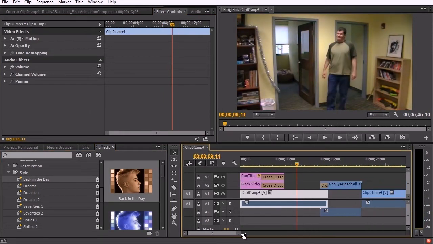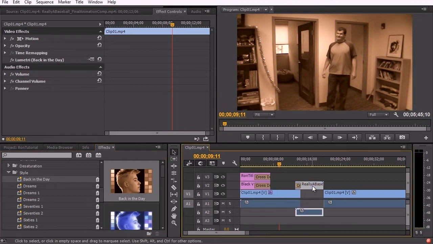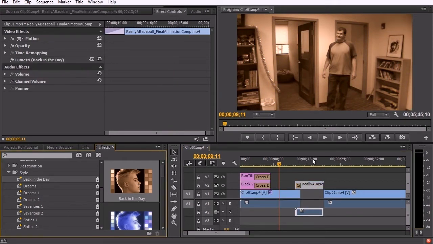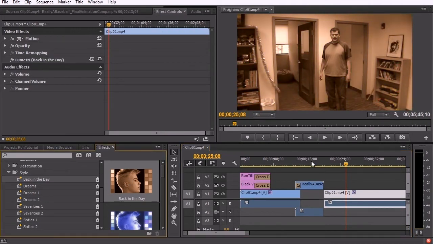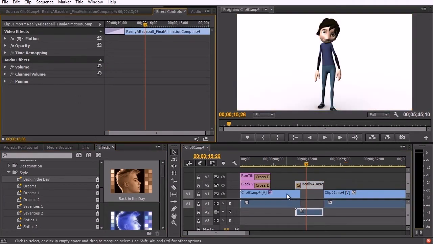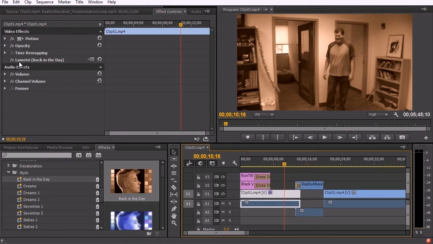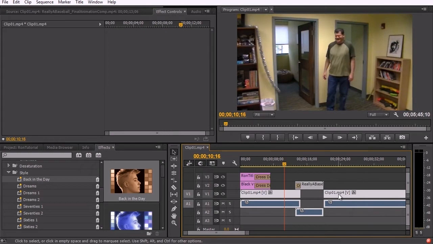Let's say I wanted to apply these effects not just to this one clip, but also to the others. I could apply it individually by going here and then clicking this, and then going here and clicking that, and then going here and clicking this again. And then if I decided I didn't want them anymore, I would have to go back and click this, delete it, go back here, click this, delete it, go back here, click this, delete it. If I wanted to affect everything and only have to do it once, so I might only have to change values once, then what I can do is select all of these clips and right mouse click and